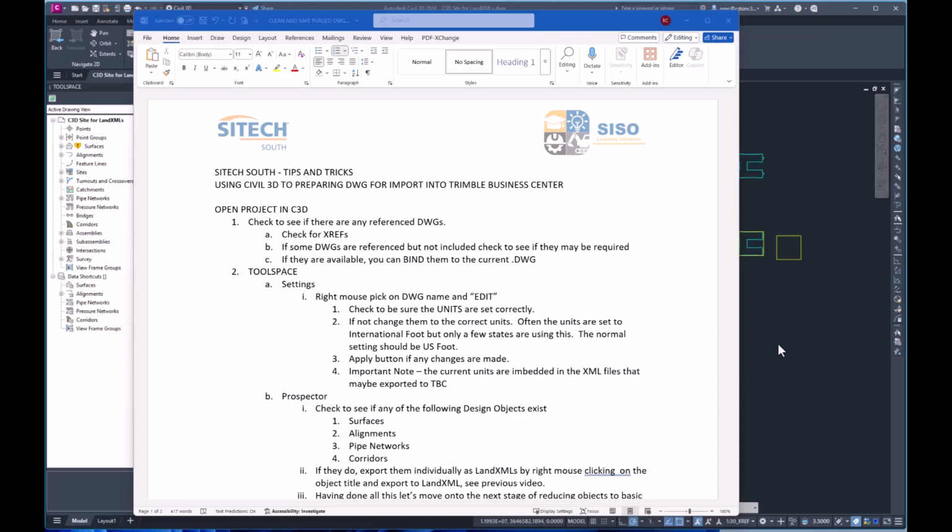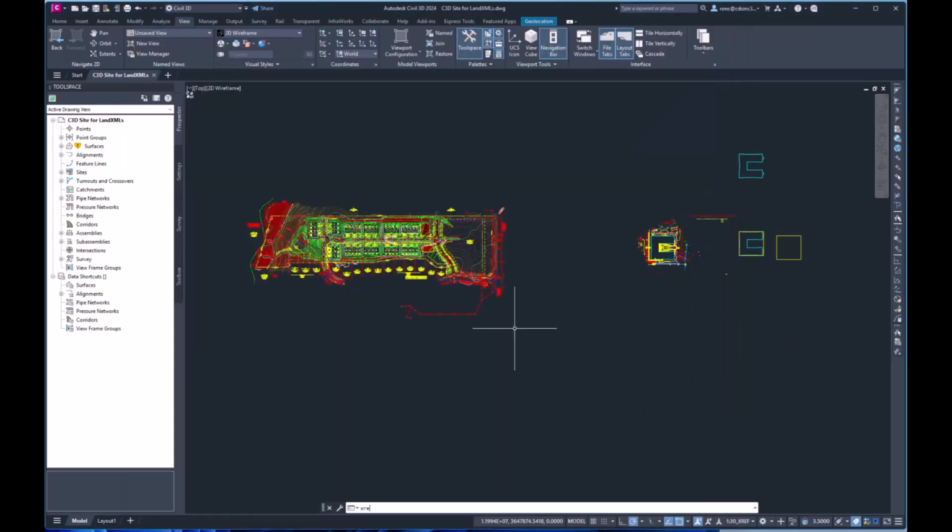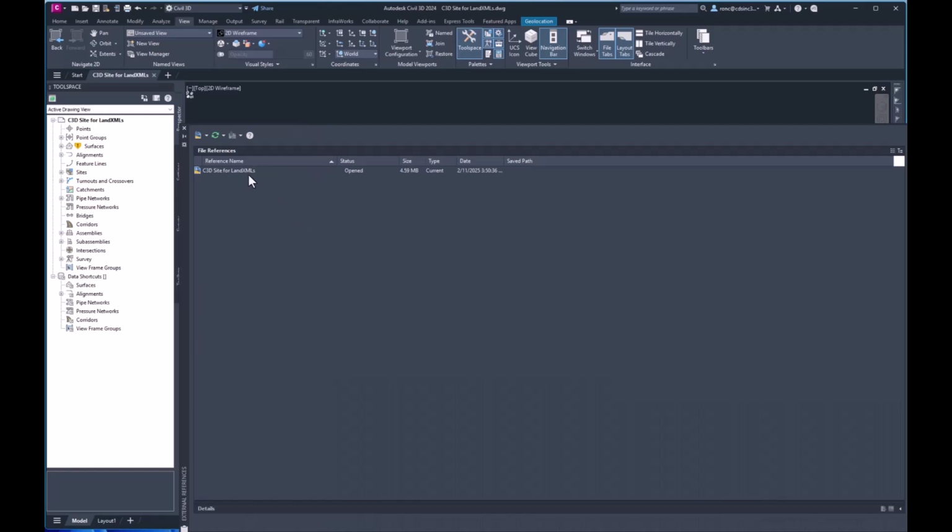Now, the first thing we're going to do is to check to see if there's any drawings or files referenced to this file. So if I run the xref command, it brings up a dialog, and here this would have a list of all the other files, which could be JPEGs, PDFs, or other DWGs with information. The thing to do is to look at those file names to see if there's some data there that you may need, but the engineer did not include it when they sent it. So you may want to contact them to see if they will send you that referenced file,